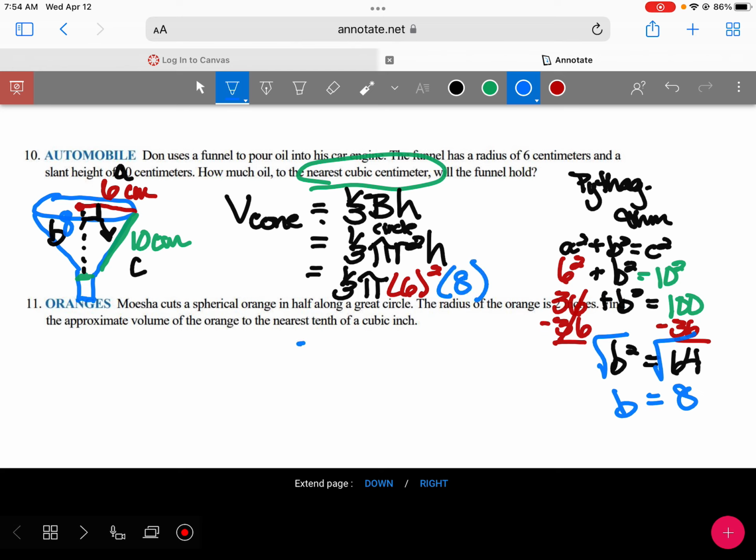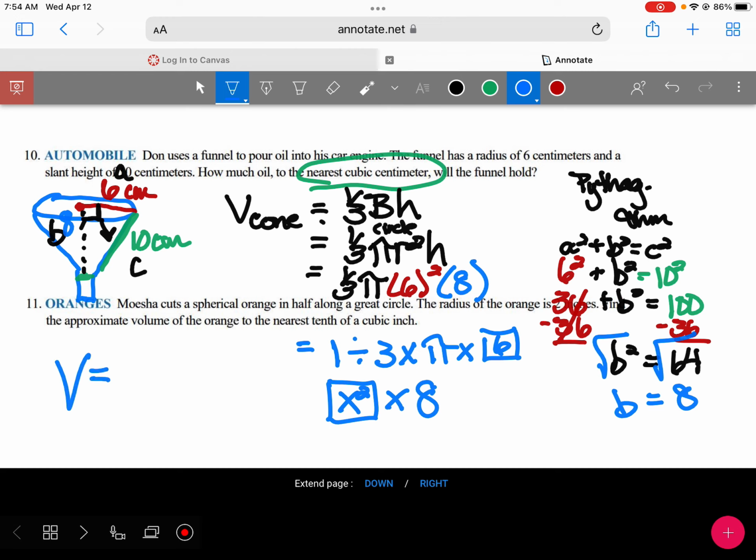All right, so putting that in a calculator. 1 divided by 3 times the pi button times 6, and then we press the x squared button times 8. What are we going to get for an answer? Anybody got it? That's a lot, I know. Should be